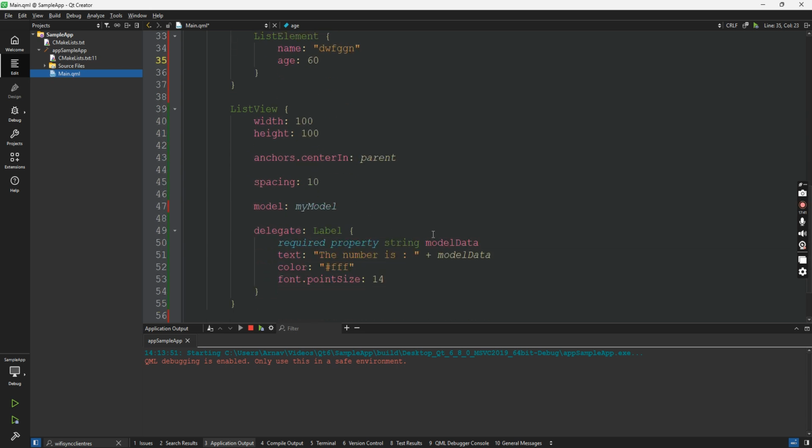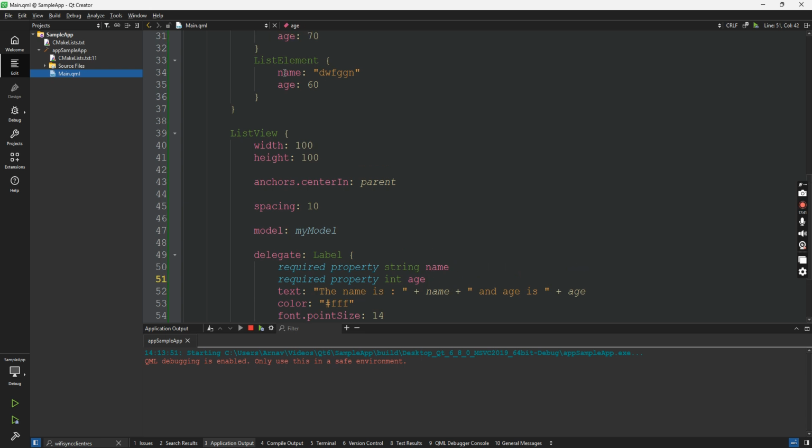So this model data will change. And what will we change it with? If you guessed it correctly, we'll have two things. One property is a name, and one property is an age. Required property int age. Because this age is a number, I've set it as an integer. And I'll say the name is name and age is age. Now, I want you to think why we added two properties,